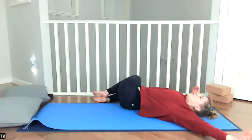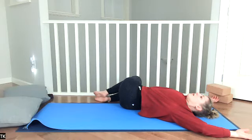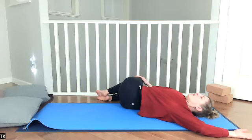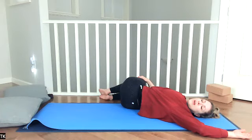Arms coming in line with the shoulders. Just like before, you may have your arms straight or there's a bend in your elbows. You can place your right hand onto the outside of the left knee. Turn your head the opposite way of the legs. Our eyes close and breathe